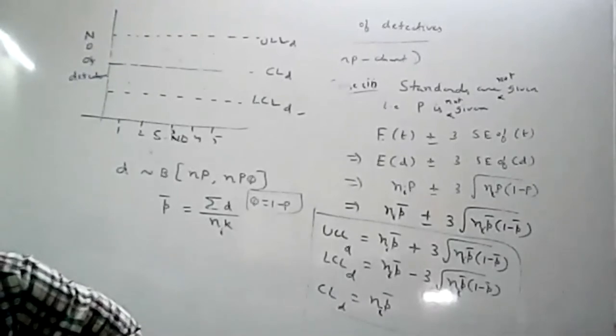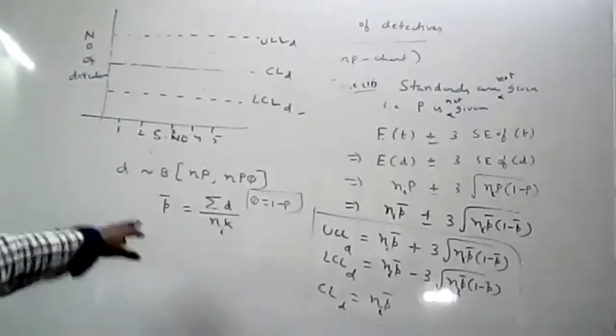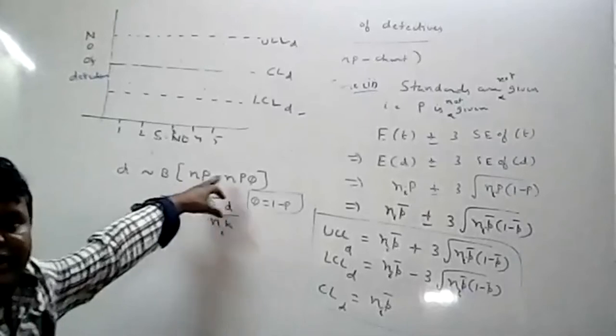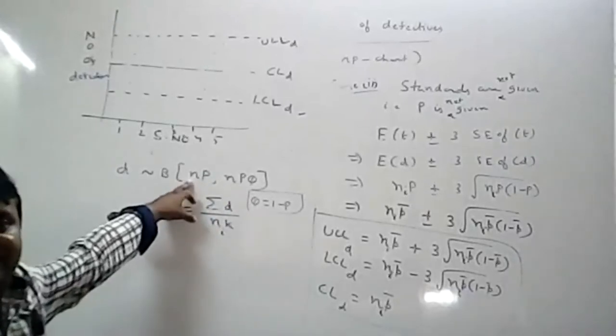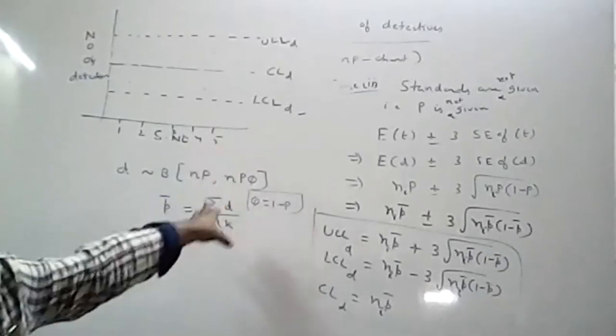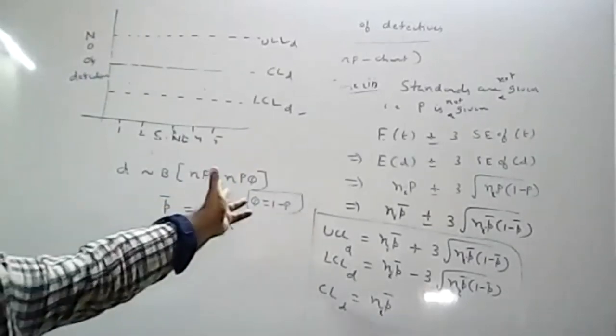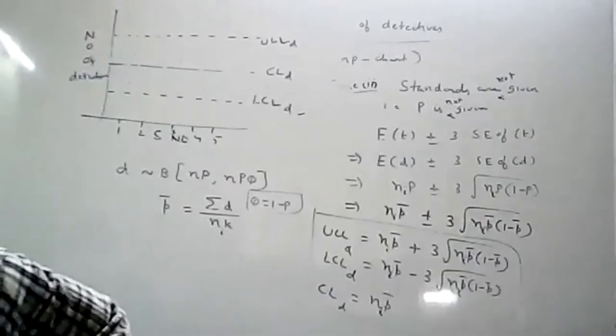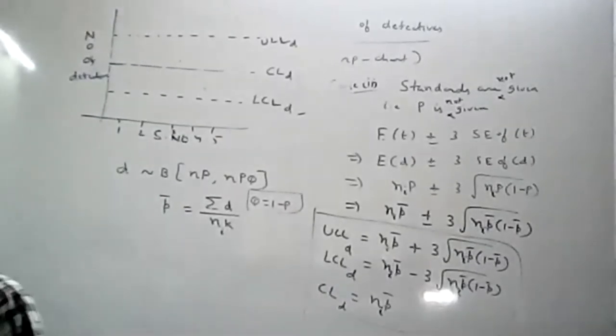So that means D follows a binomial distribution with mean NP and variance NP. These are the two formulas. So in place of expectation of T, you have to substitute this one. Variance of T, that means standard error, means root over NP. Those are the things. Varying N means in place of N, you have to substitute Ni. That is the only difference. Shall I go to the problem?